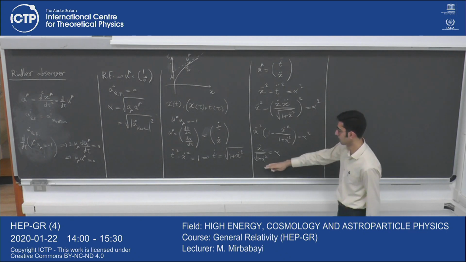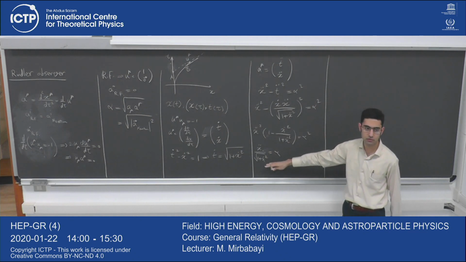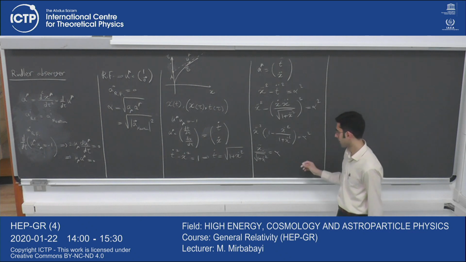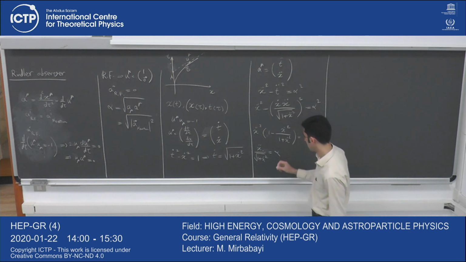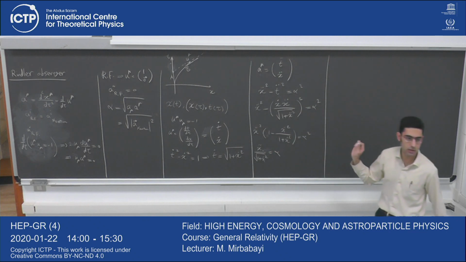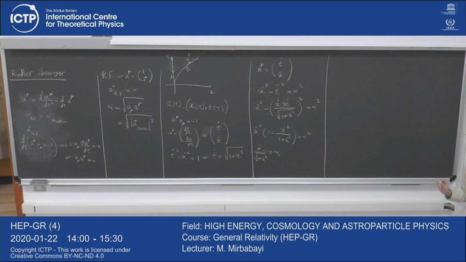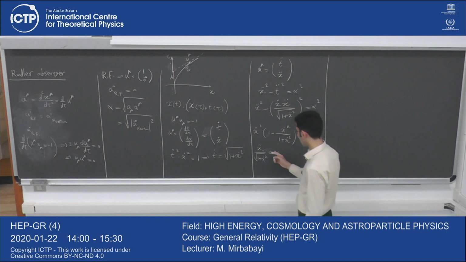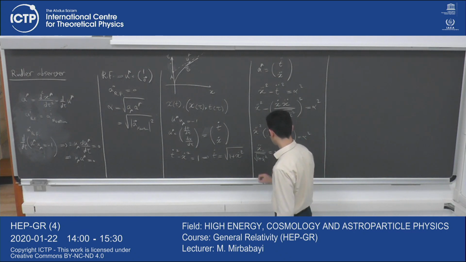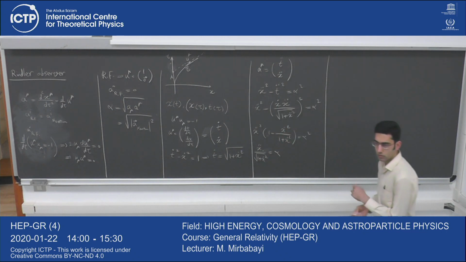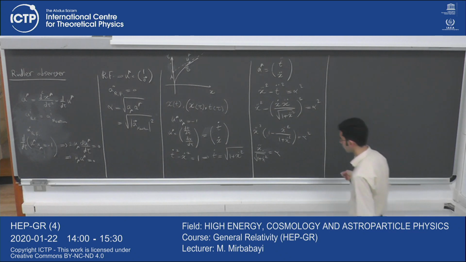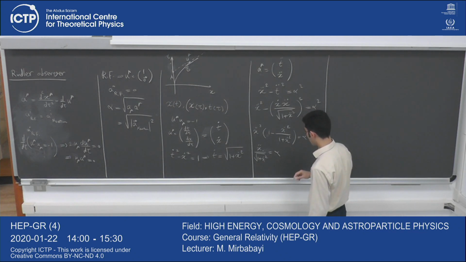And now we can solve this. So this is the differential equation for X dot as a function of tau. Remember, dots are derivatives with respect to tau, the proper time. So we can integrate this differential equation to get